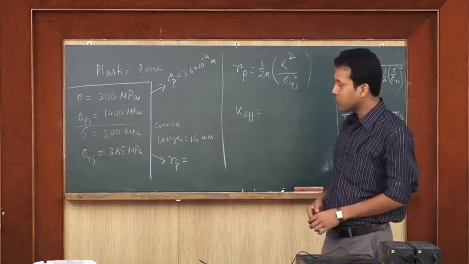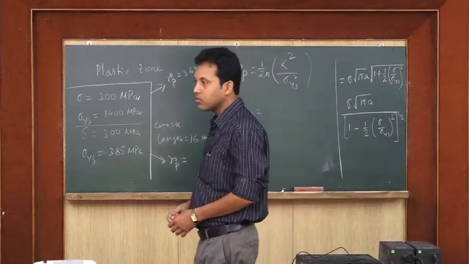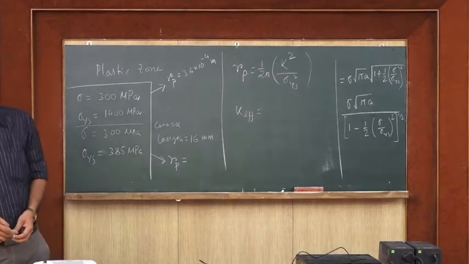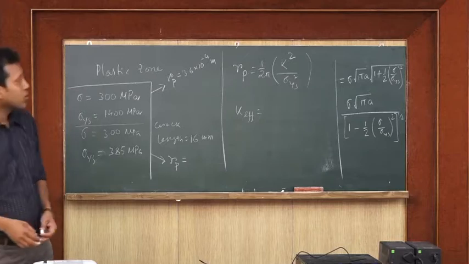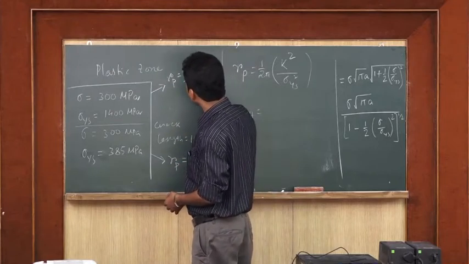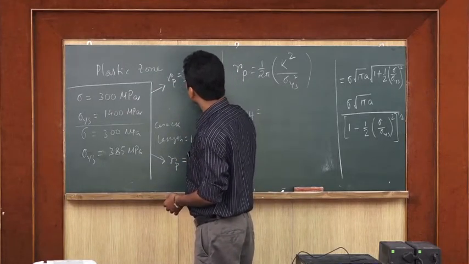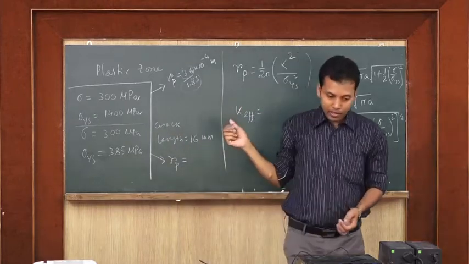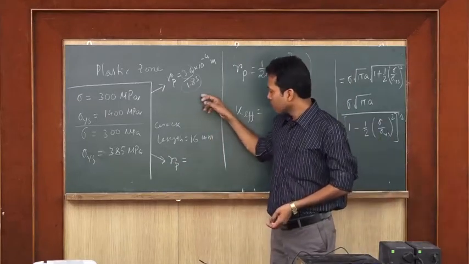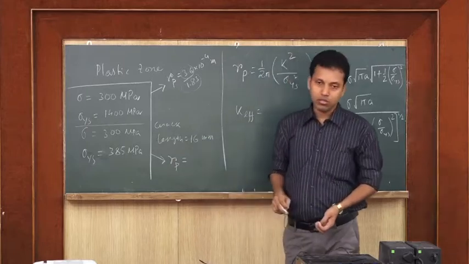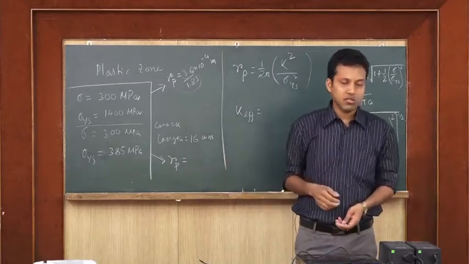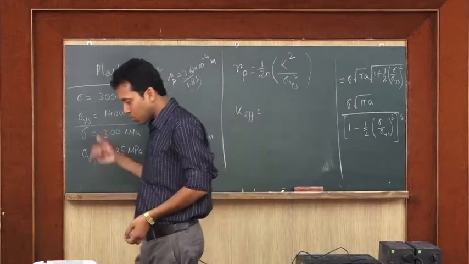when yield strength equals 385, what is the RP? Okay, so it is 1.83, so half of this. I don't know, you calculate and find out, this is not a big thing. The only thing is you have to take a as 0.008, if you make it correct then you will get it easily. Anyway, that you can do. And what is RP as per this second approach? This comparison I want to see. This 1.83 or 3.6 is not a big deal, and whoever has made a mistake, that is not a big deal.